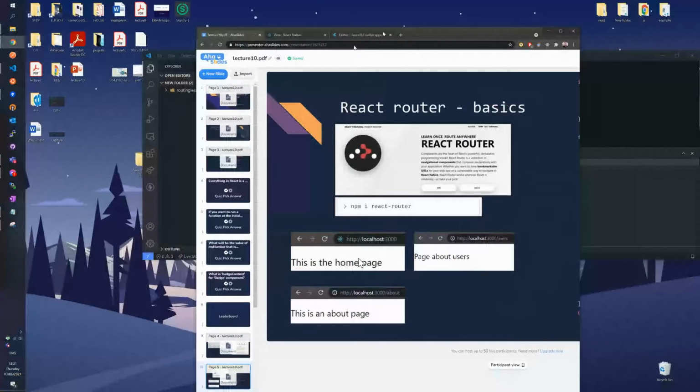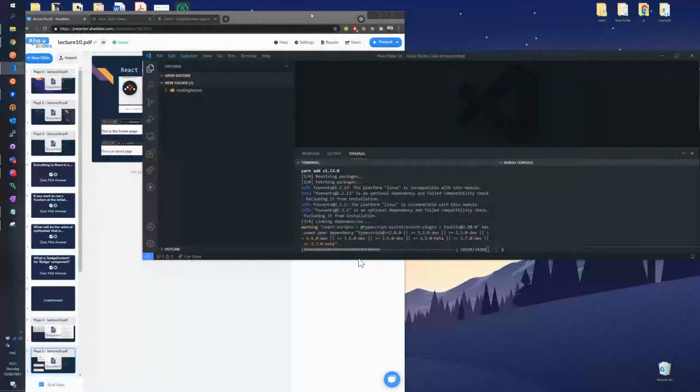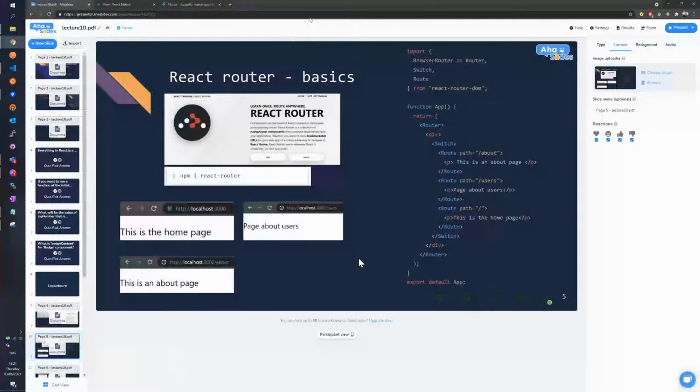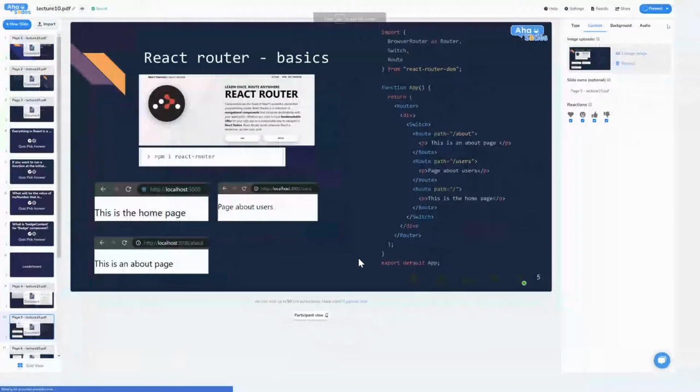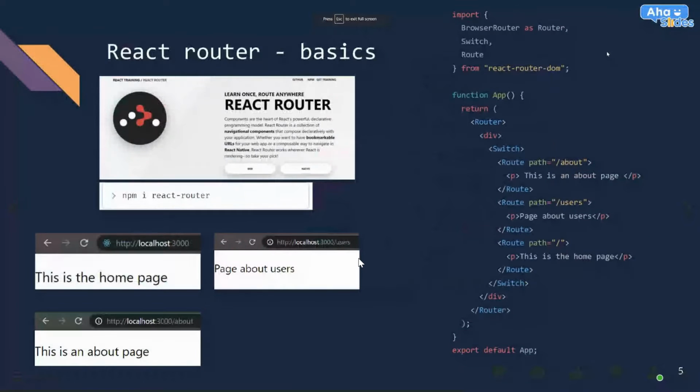So yeah, it's still installing. Until I can prove to you that this works the way I say it works, we'll have to look at the images. If you look here on the left, if I go to the main page, in this case localhost 3000, I see this content, this other content, and this other one. So this is static routing. It's very simple.